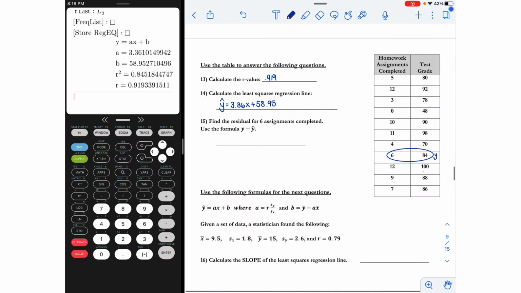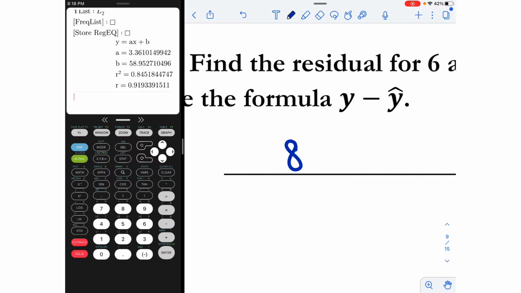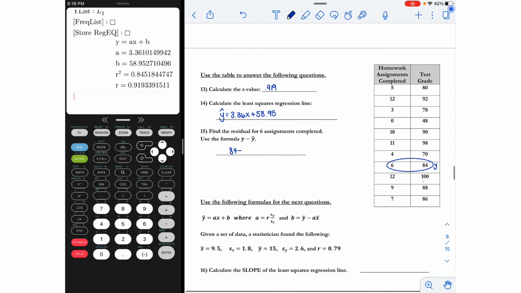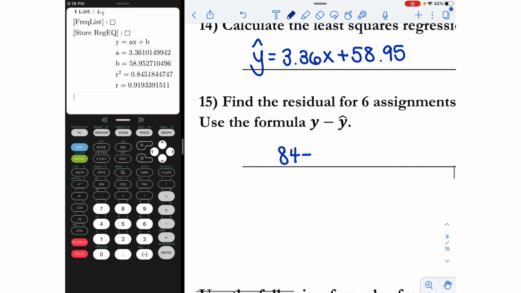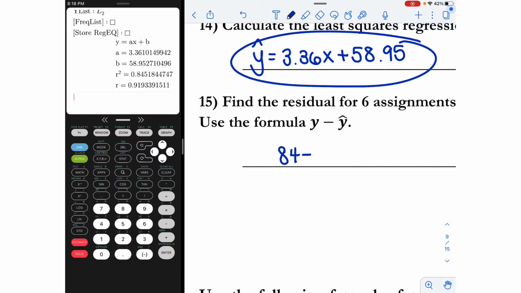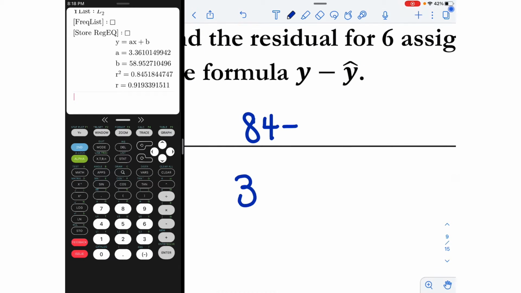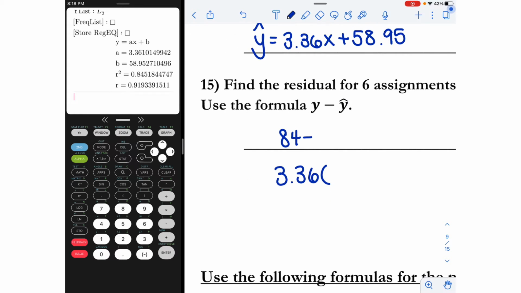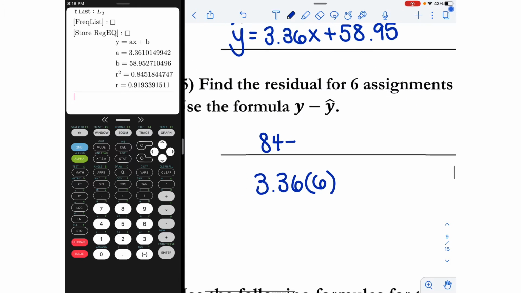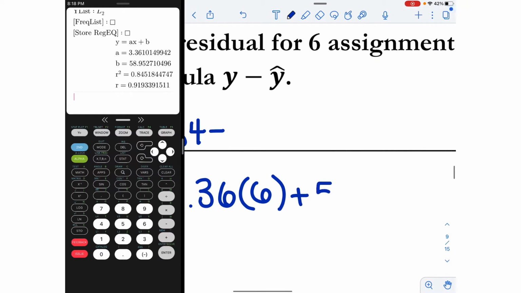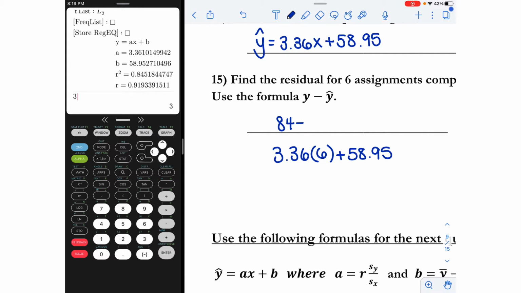So we're going to take 84 minus the y hat. Well, to find the y hat, I'm going to plug into this formula, and I'm going to plug in 6. So what's my predicted score for 6 assignments? 3.36 times 6 plus 58.95. And notice I'm just going to plug that into my calculator. 3.36 times 6 plus 58.95 is